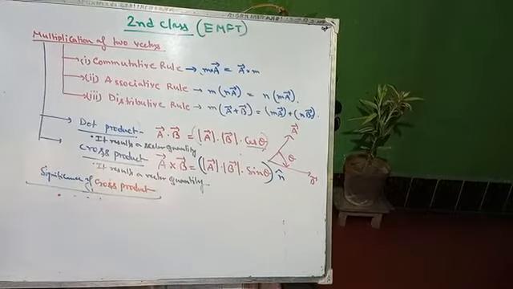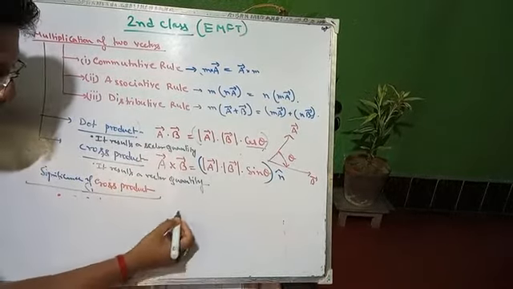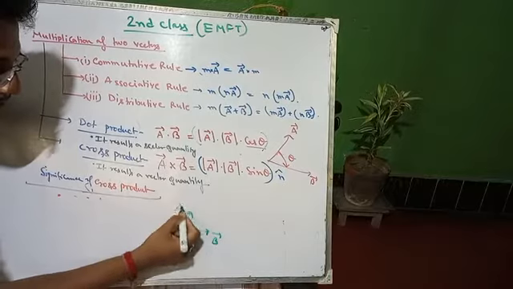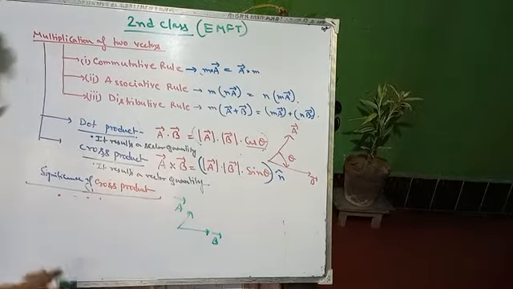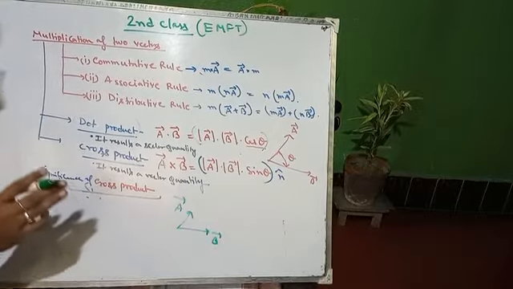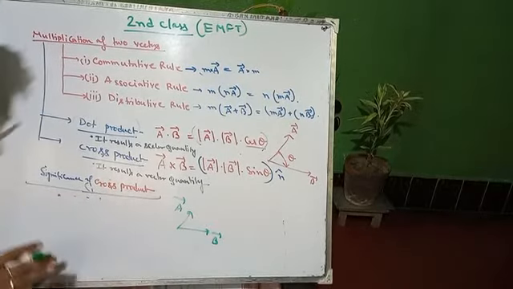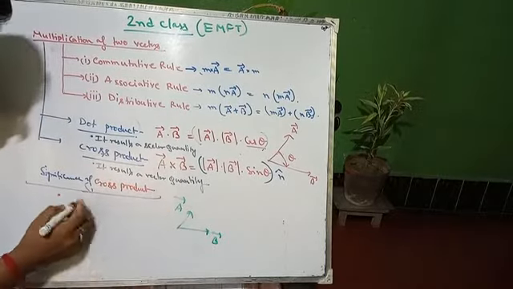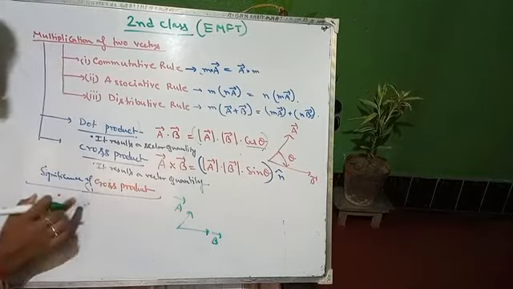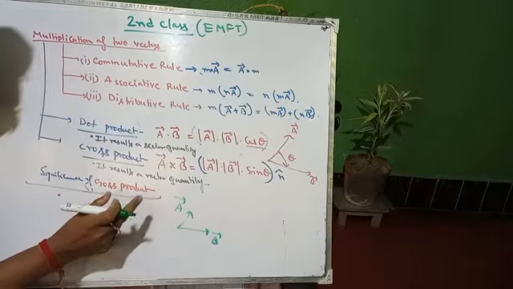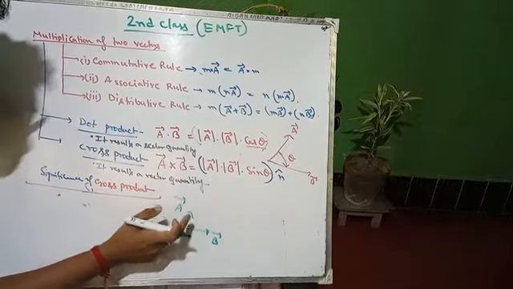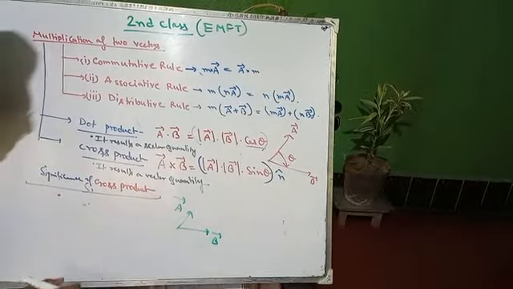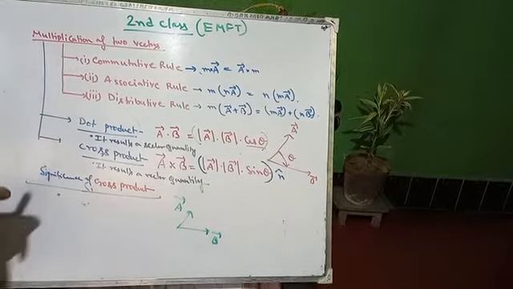So let us start. What does the cross product mean? Suppose you have a vector B over here and a vector A similarly. Always remember, cross product represents the perpendicular action over any surface. Remember this keyword, this is the keyword for cross product: perpendicular action over any surface is the cross product. So how do we find this surface?